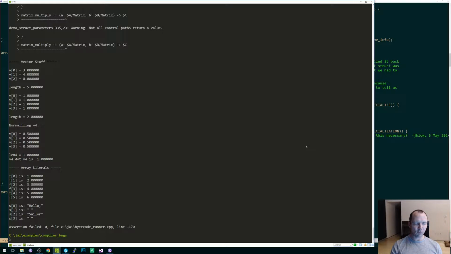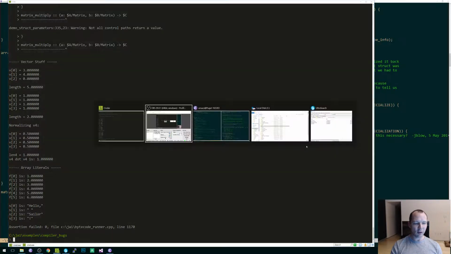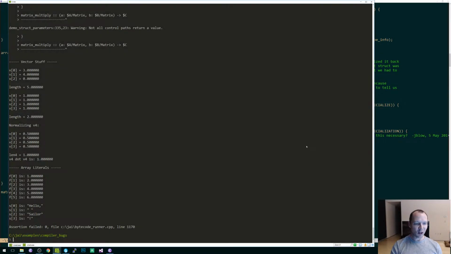When I left off this morning, was it this morning? We'd done a bunch of work on this one demo. You know, that used to be the demo struct parameters that I actually gave live a long time ago. And then the compilers changed a bunch since then. So for many reasons that were unrelated to each other, this program didn't work anymore. And once a program stops working and we're not running it regularly, it's easier for other things that it uses to break because we're not testing them. So that's kind of what happened there. And I made my way through a bunch of those, and then I left off.